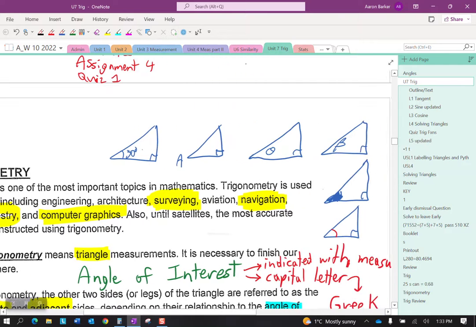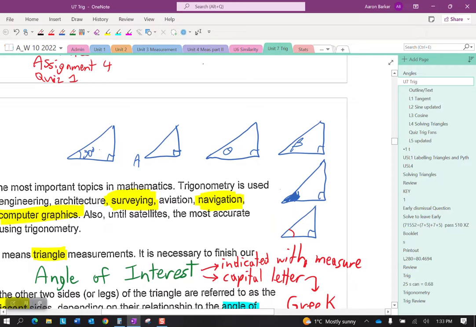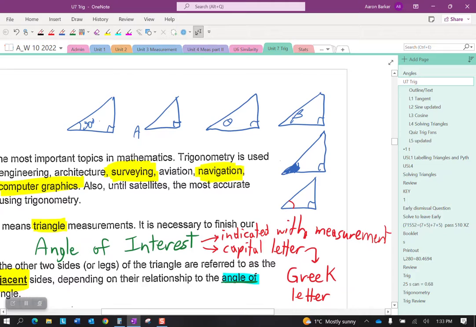The angle of interest can be indicated with a measurement, so it can be indicated with a number. It can be indicated with a capital letter, and often that's a Greek letter. So if you look at the first example here, 30 degrees, that's the angle of interest, because there's a measurement. Next triangle in blue, it has a capital A. So this angle on the bottom of the triangle, that is your